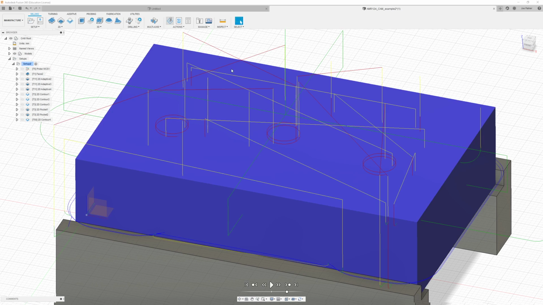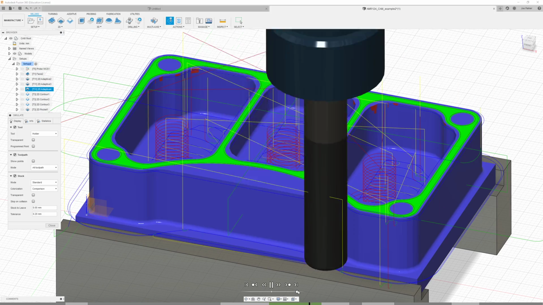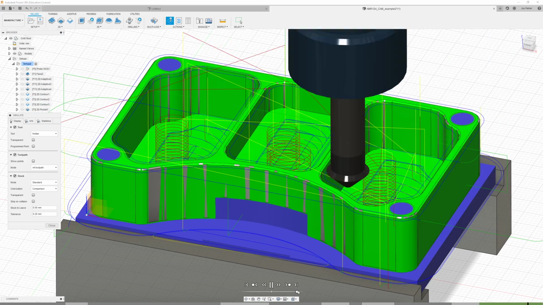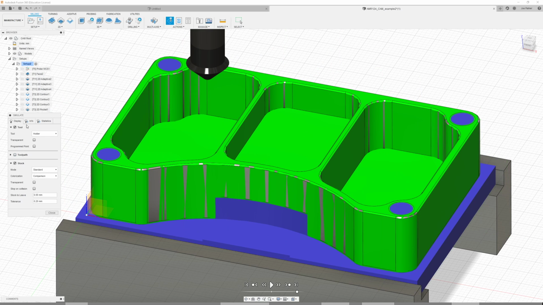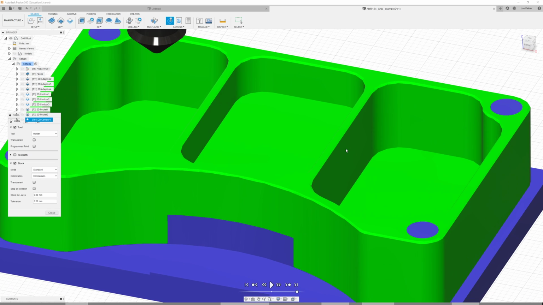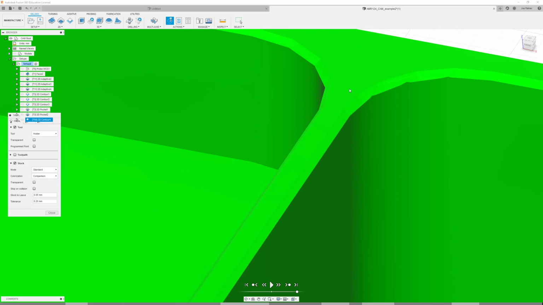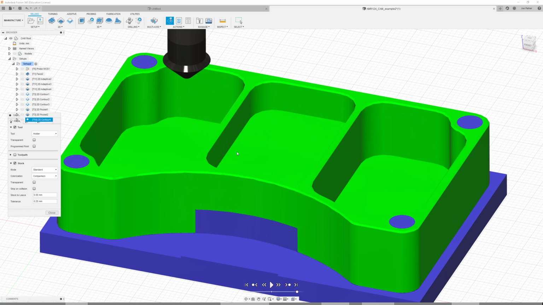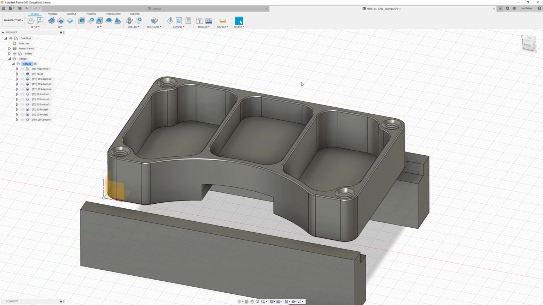Again, let's just do a quick simulation and see what the result looks like. So if I now turn off the visualization of my toolpaths, and I turn off my models as well, I can see just what the result of the simulation will show me. I can see we've created these chamfers, and these all look green, which means my geometry looks good. Okay, so if I close that now and turn my models back on,